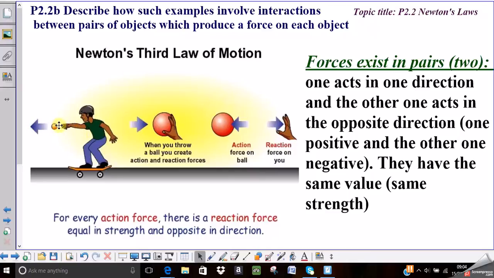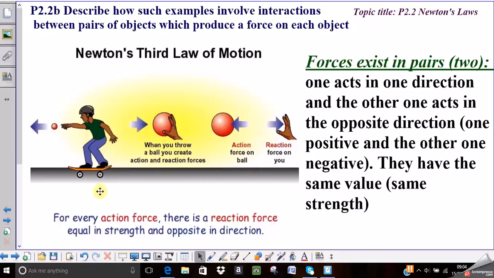But this force that you're acting on the ball is also creating a reaction force from the ball on your hand, which means that the boy with the skateboard is going to be moving backwards. So there is an action, the force that you put on the ball, that's moving the ball forward, and there is a reaction, the force on you, and because you are on a skateboard, it's going to push you